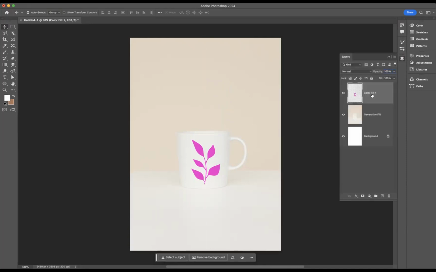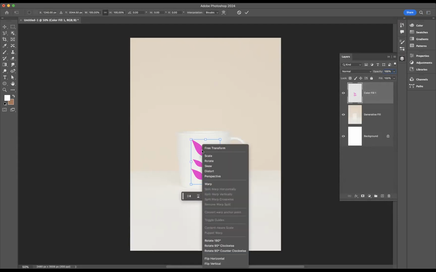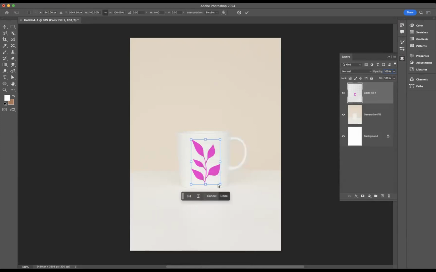Come to your layers and make sure you have that layer highlighted. And what I'm going to do now is press Command T to get your transform options open. So that is Command T for Mac users, or that's Control T for Windows users. Now what I need to do is actually warp this selection here. So now what I'm going to do is right click on it and we have the option here to warp,